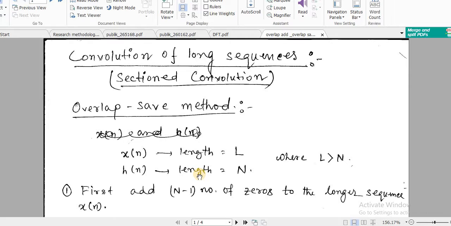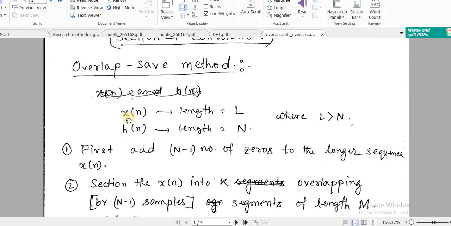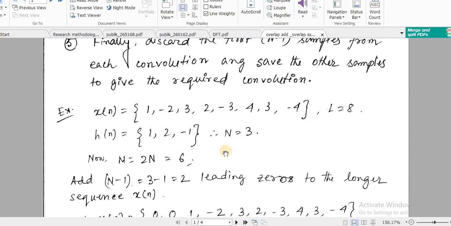Now for the overlap save method, suppose we have x of n and h of n, where L and N are the corresponding lengths of these two sequences. The first step is to add N minus 1 zeros. In this example, L is 8.